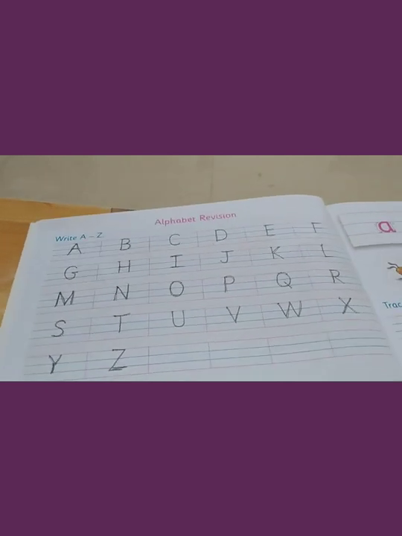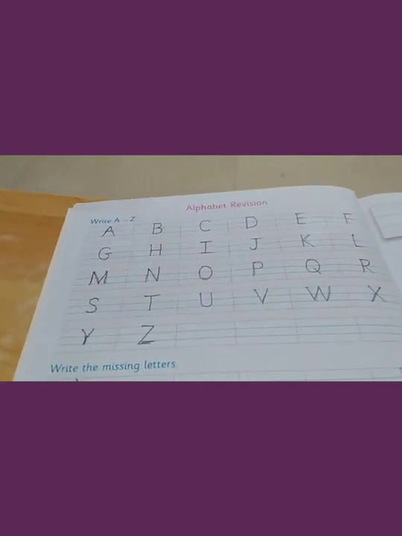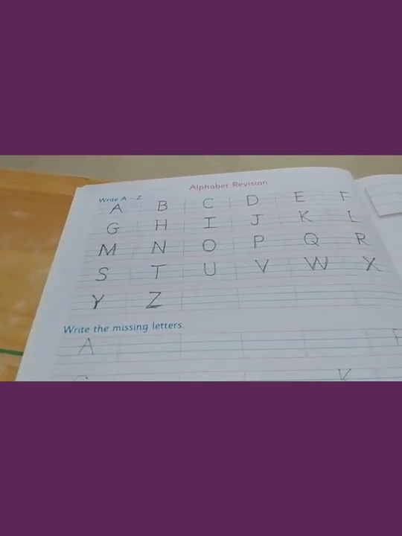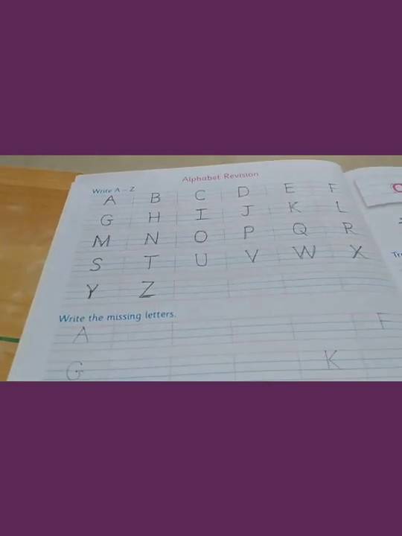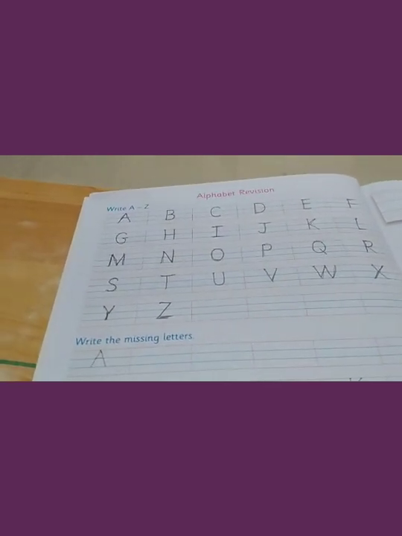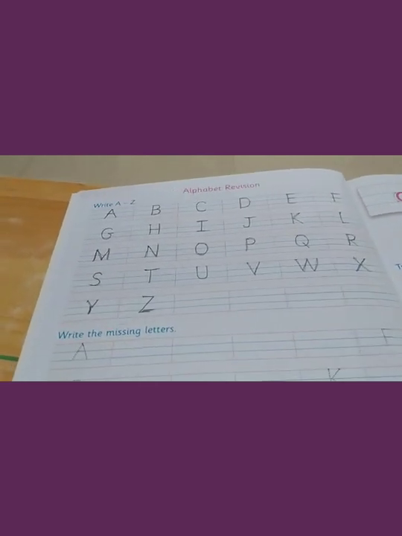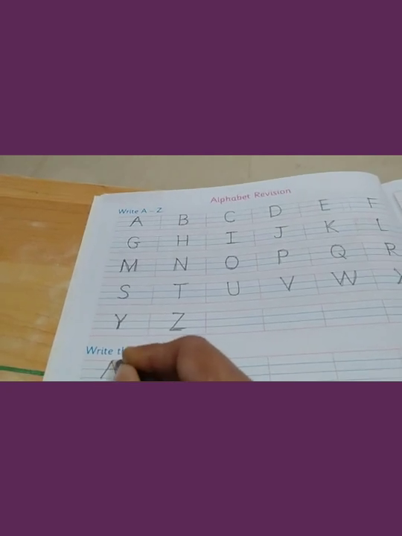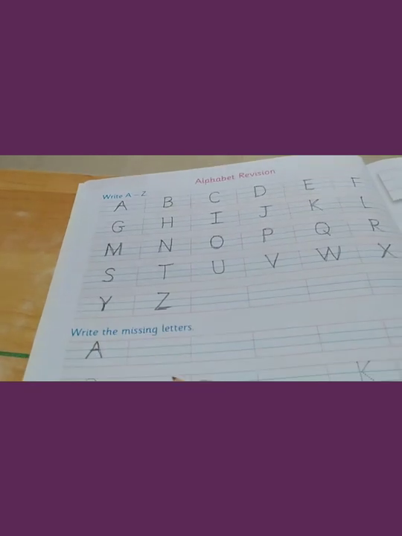So please concentrate, and parents, I request you all, take your child's homework. Whatever homework I am giving, take it in the correct 3 line. Not all, but a few of them have not written in the correct 3 line, and they are not writing properly. Just help them how to write. See here, this is A.